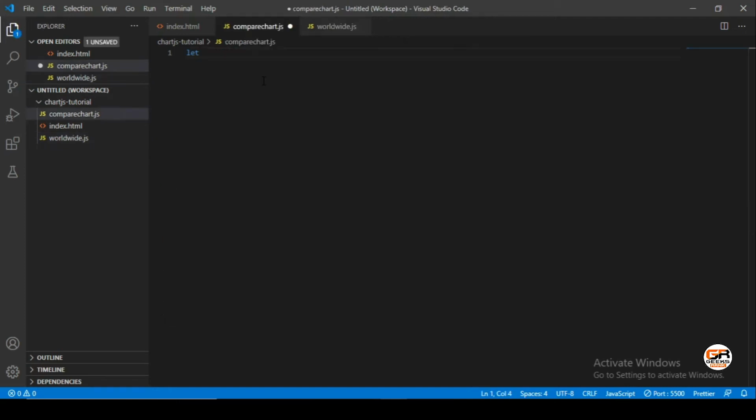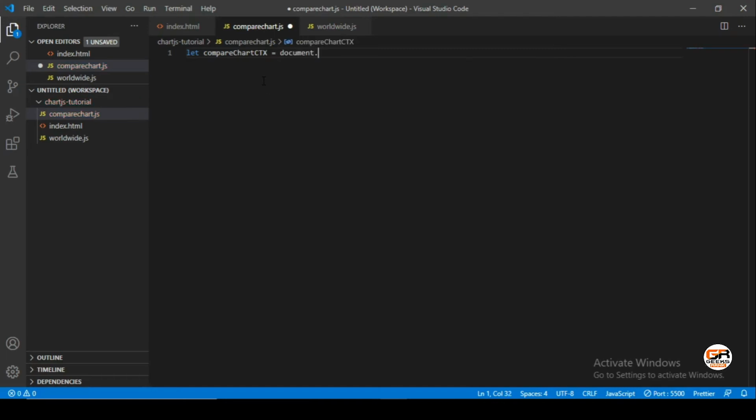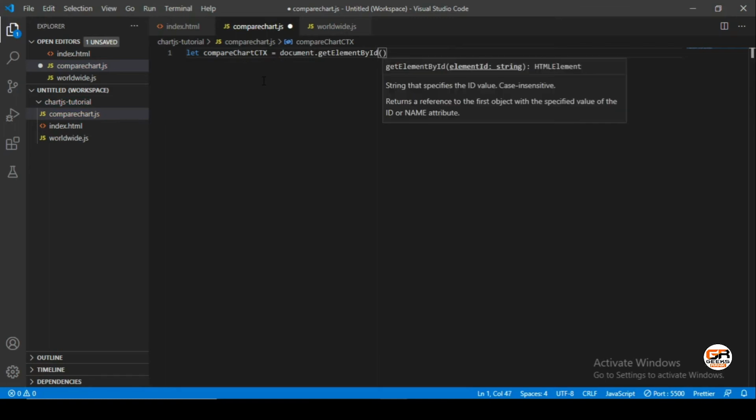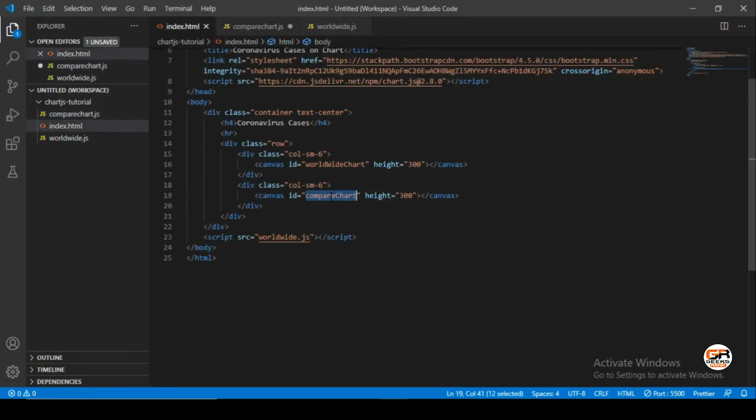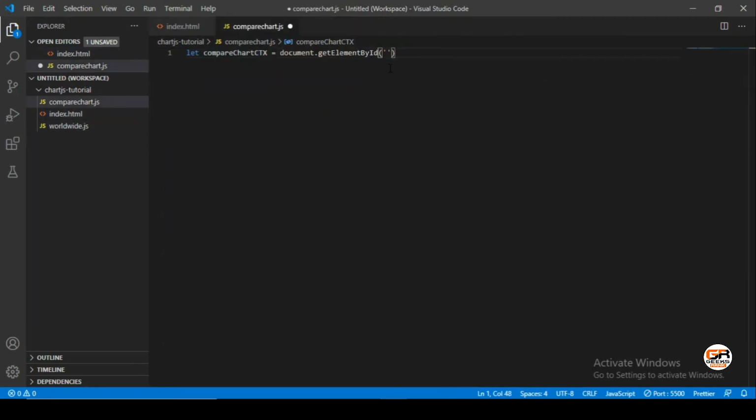Let's create let compareChartCtx equals document.getElementById, and the id I'll just copy from here and paste it here.